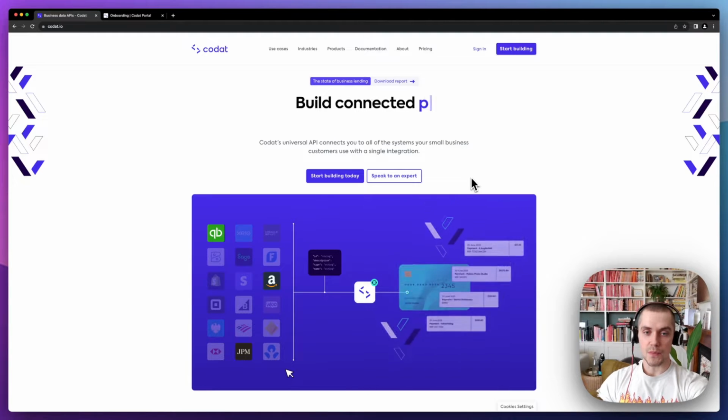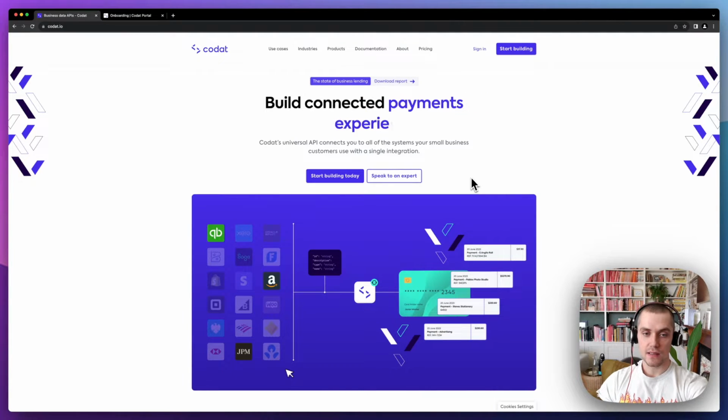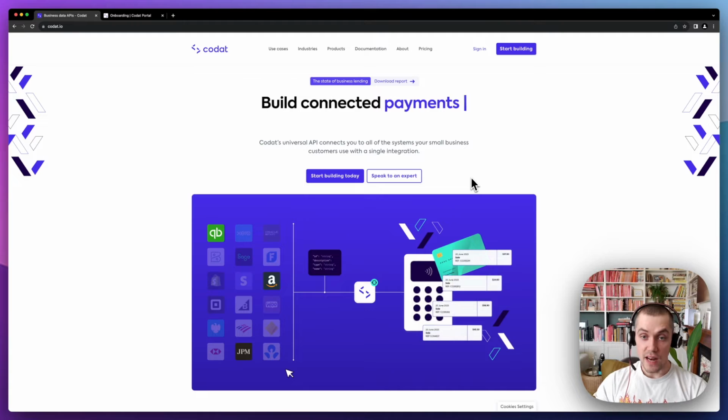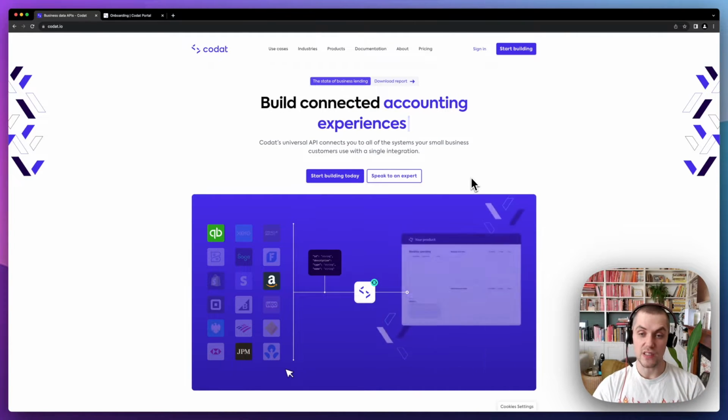Codat is used to build powerful applications with financial data. It's used by companies like banks, payment providers, and more to connect to the software small businesses use. Today I'm going to show you an overview of our portal and also where you can sign up to start